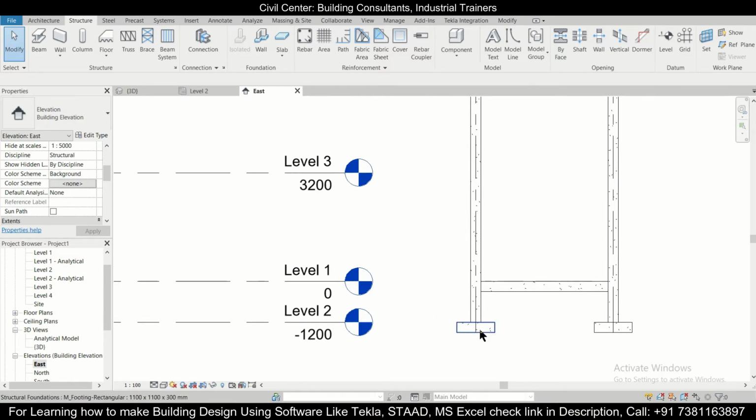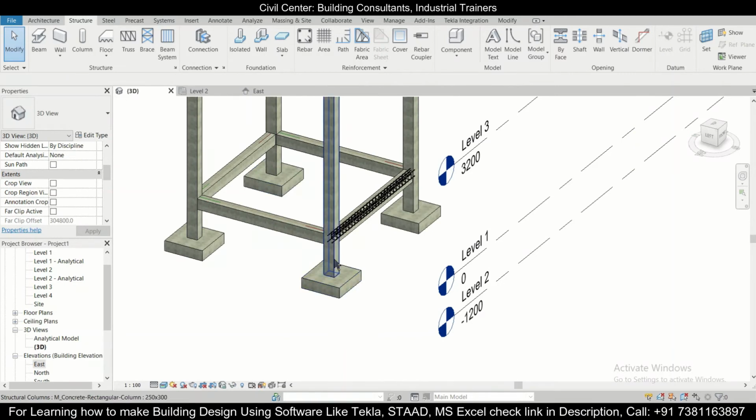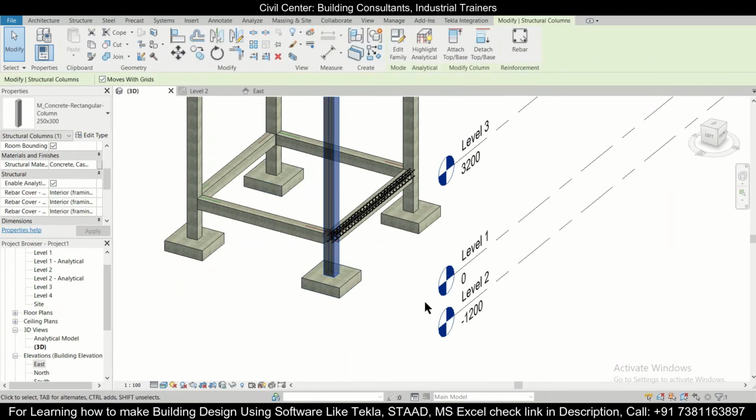So if you want the depth of 300 to be included in it, you can also do that. For that you can give the column an offset equal to the depth of your particular footing. So you will just select the column, and after that you will have an option of your offset here. As you can see, we have an option of top offset and an option of base offset. So this base offset, if we do as 300 and then click on apply